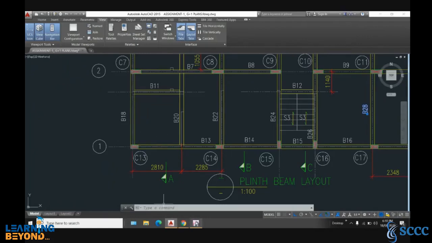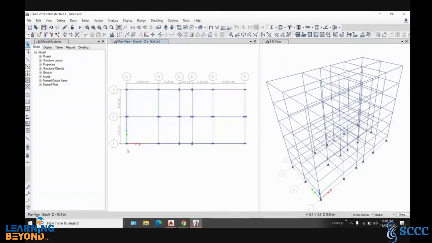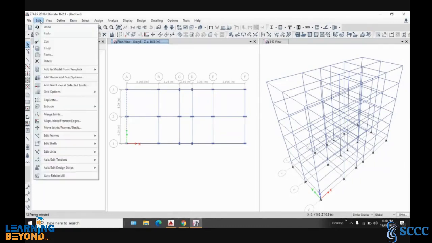Okay, so go to this and select this beam and select this beam. Okay, so I have selected the two beams, and I will go to edit, and in edit I will go to replicate.